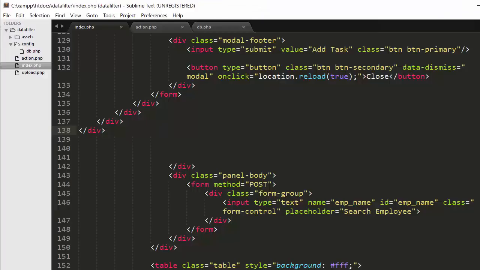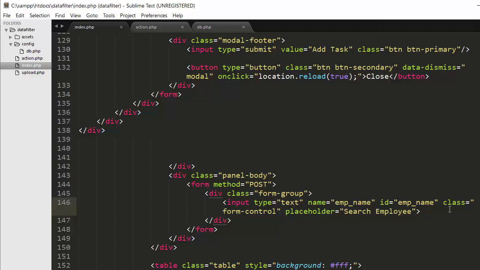After closing that modal, here we have created a panel body, and inside that I have created a form with the method as post, and then a form group, and inside that form group an input text box of type text, and I have given it the name emp name and the id emp name as well.